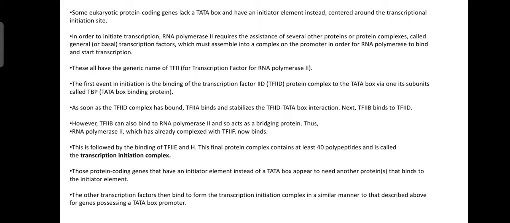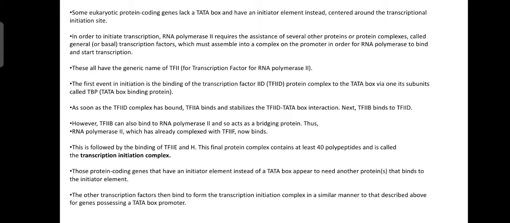Through the subunit of TATA box binding protein, this transcription factor IID protein complex will bind with the TATA box. As soon as the transcription factor IID complex is bound, another transcription factor, that is A, transcription